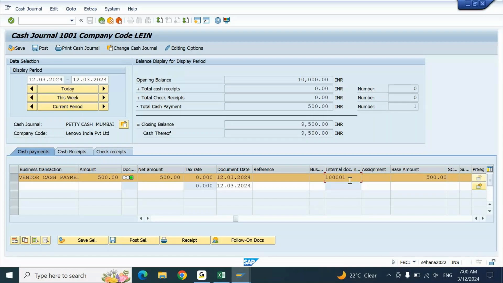Okay, now if you wanted to print this cash journal: at the end of the day, normally if you have processed any payment, or received any cash collection from any customer, you need to give a receipt, right? A cash receipt from so and so person, so and so amount is collected or paid. For that, you have to select the individual transaction. Down below there is something called receipt, print receipt. If you click on print receipt,